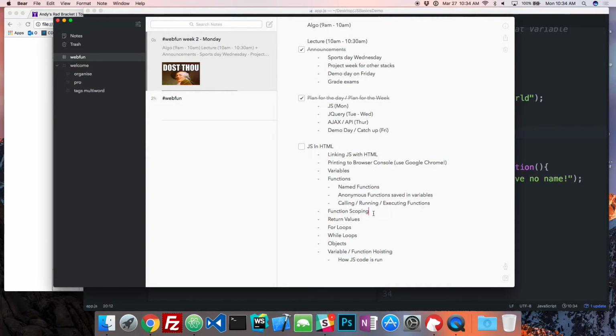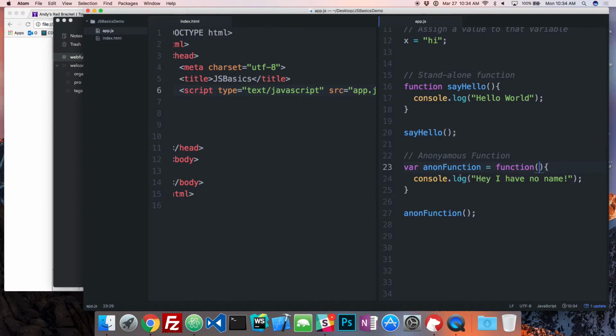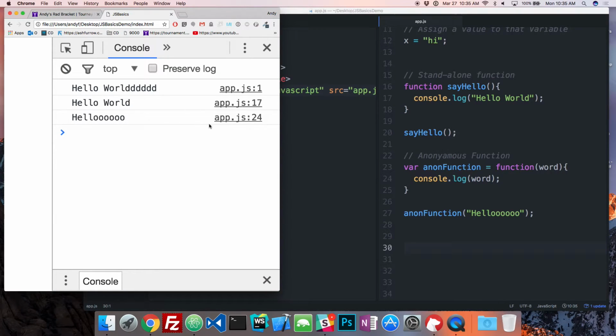Yeah. Can you do an anonymous function that has an argument in it? Yeah. So let's say I'm making a function and I'm saying that, hey, this is a word, or any name that you give it. And I'm just going to console log this thing. And then when I run it, I'll just give it some kind of thing. That'll be saved here when I run, and it'll console log it. Same exact way. So if we look at it, there we go.